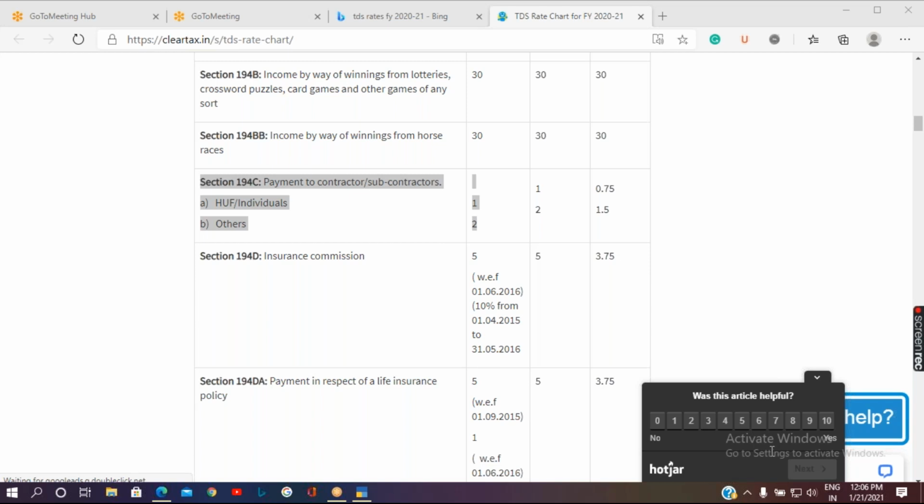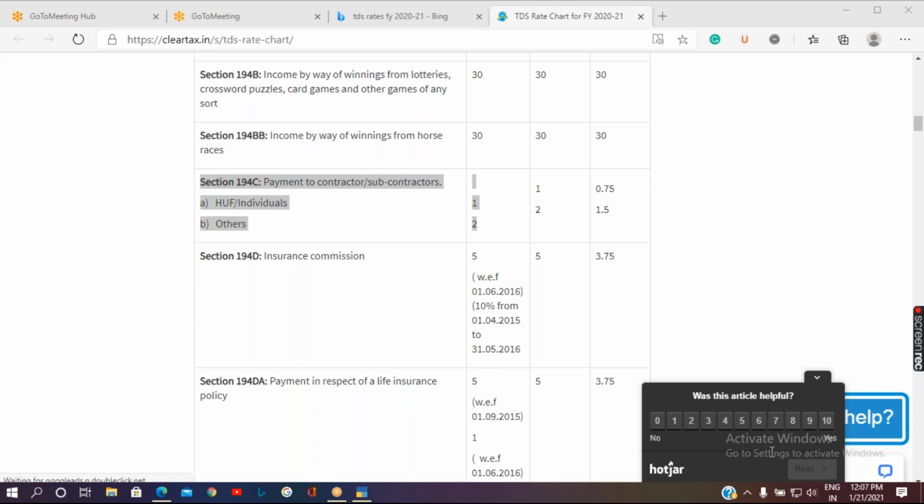Can I know what HUF means? Hindu Undivided Family, yes, a family business run by the family. Even that is considered as individuals.